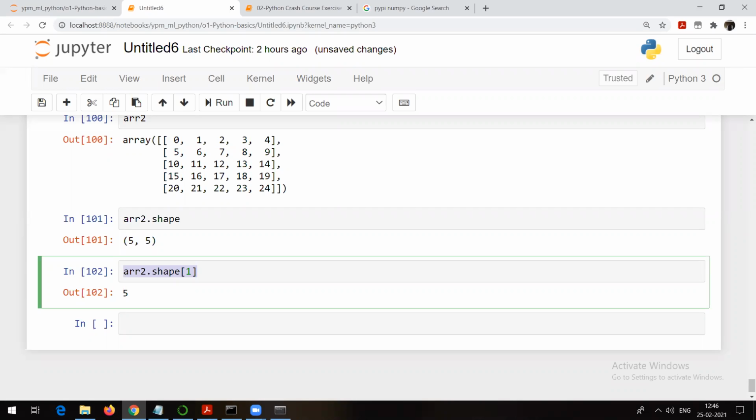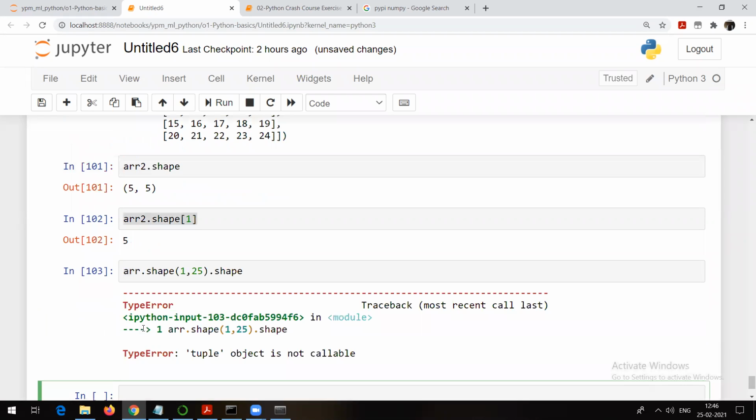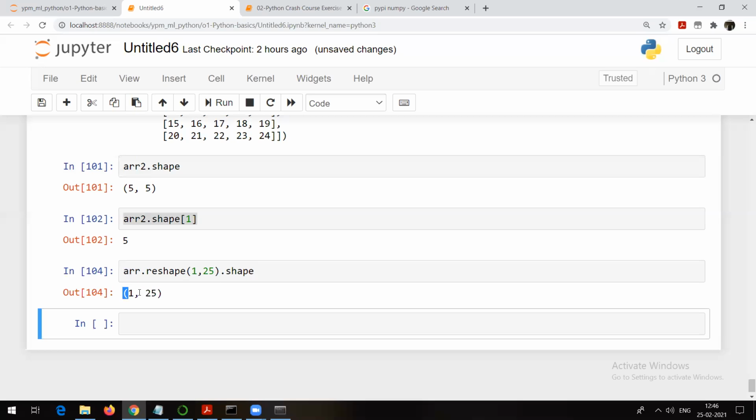So this is how you can use shape and reshape. Even you can apply shape and reshape again. Suppose I apply ARR.reshape(1,25). To this also I can apply the shape method. ARR.reshape means reshape the array ARR as 1 row and 25 columns, and then check the shape of that. Yes, that's possible. That means 1 row and 25 columns. You can apply it like this. If you want the column number, just go here and index it. So you will get 25. I hope everyone is able to understand till this point, shape and reshape.